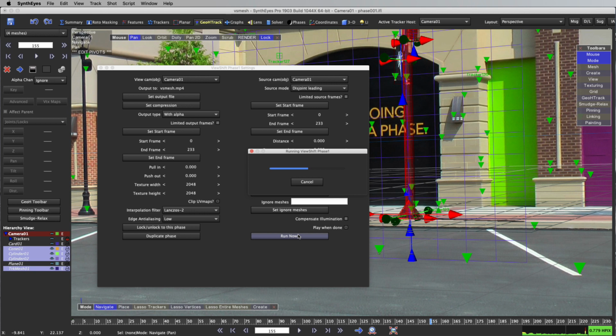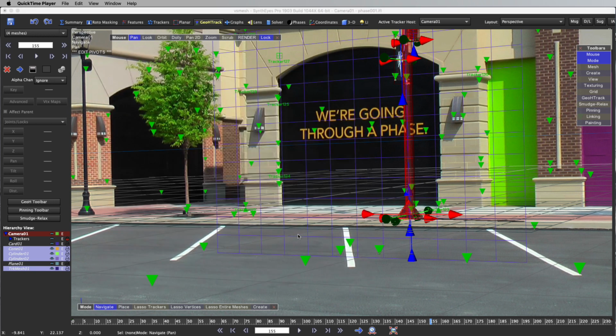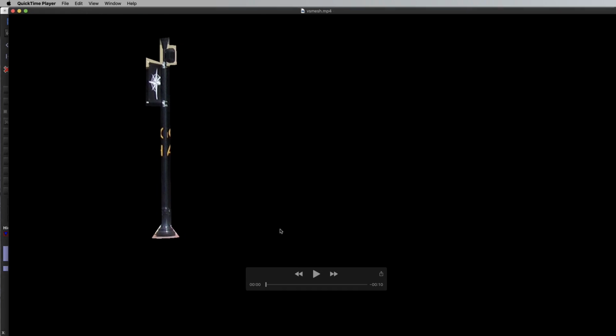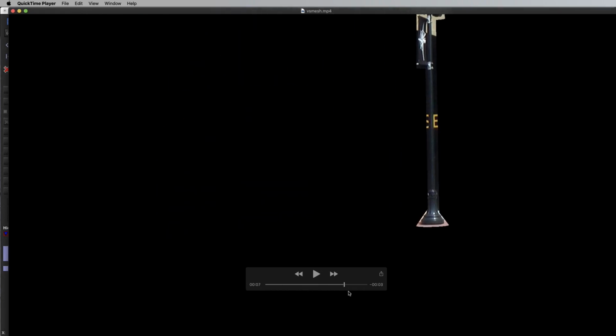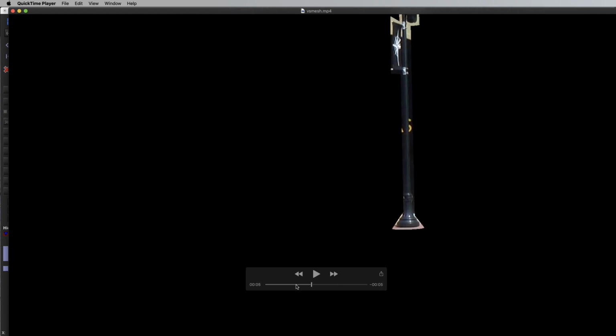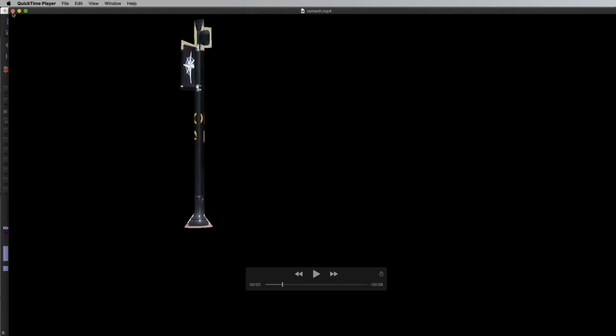It's kind of a clue already what's going to happen. So here's our version. You notice, there's the pole sitting there. So what's going on? Let's go back and we'll look at